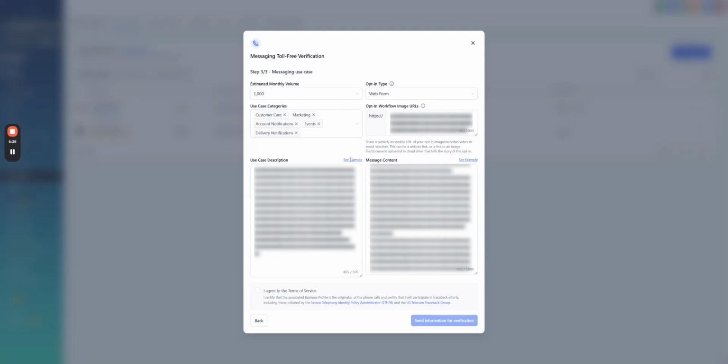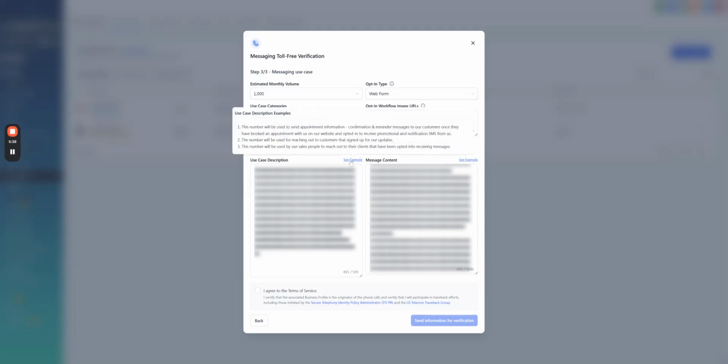Okay. So the use case description, you can see an example here. In my case, what I did is we put the same: this number is used by the company name to send customer care update, appointment confirmation, account notification, project alert, events reminder, delivery notification, and occasionally marketing messages to users who have explicitly opted in via website form, booking form, or live chat.